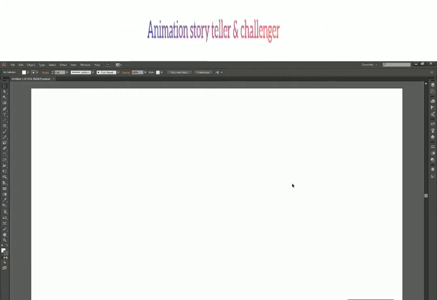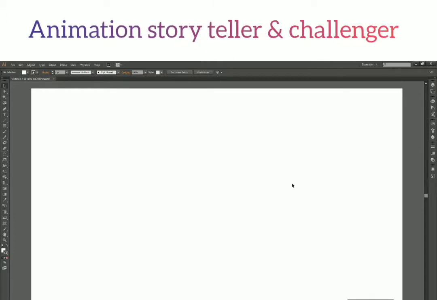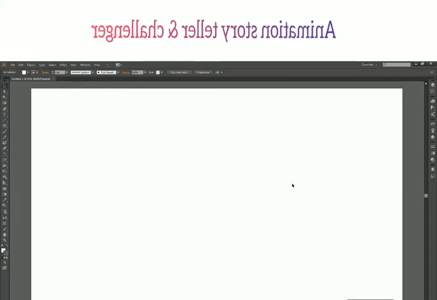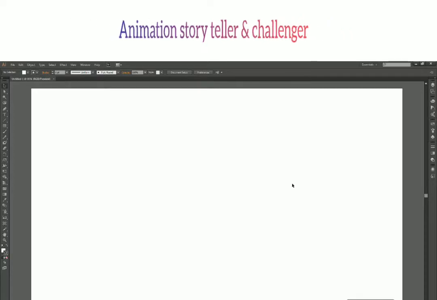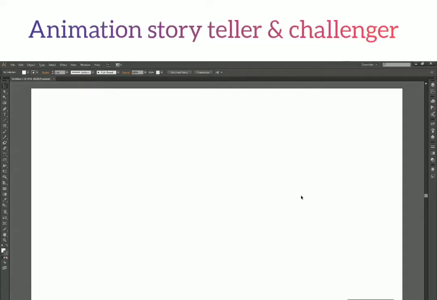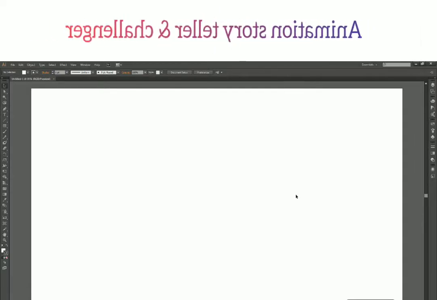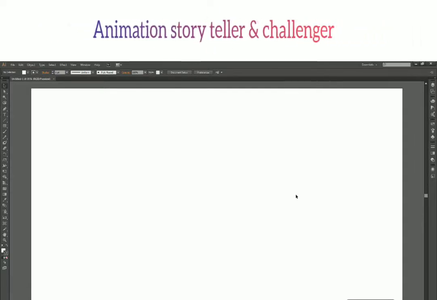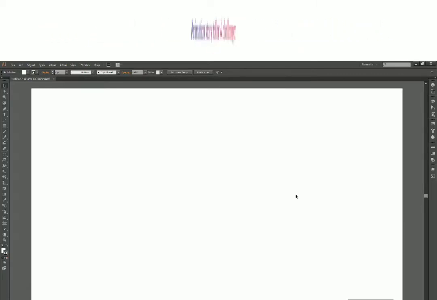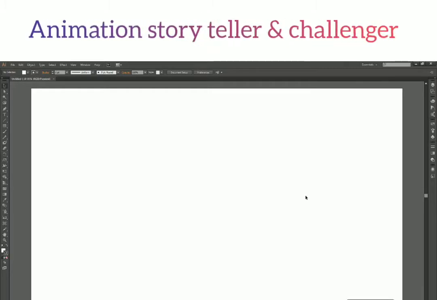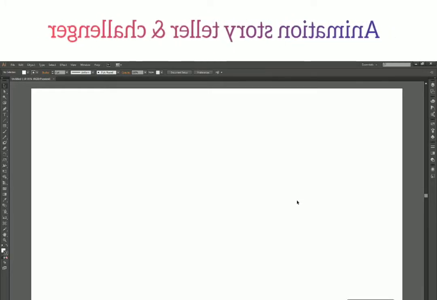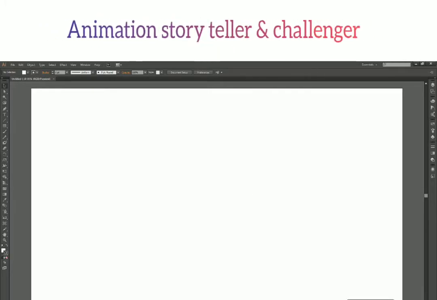Okay, so now that you have learned the line segment tool, what we are going to do now is create an example out of it. And we will see whether we can create something just by using one single tool. Generally, the concept is that you learn everything, you learn the whole software, and then you start designing. This example will show you that you don't need to learn the whole of Illustrator to start designing. You can actually start designing just by learning one single tool. So let's see what we are going to design.